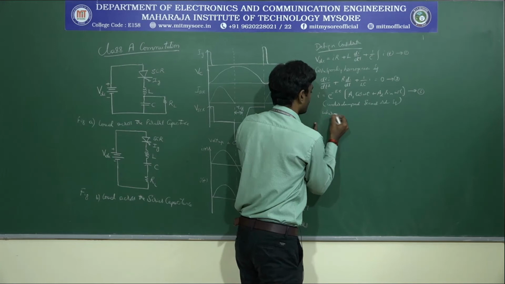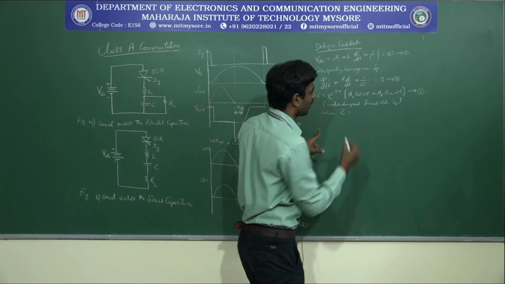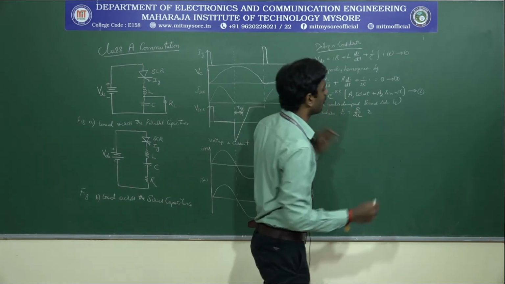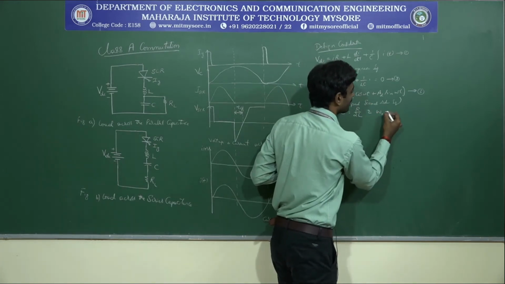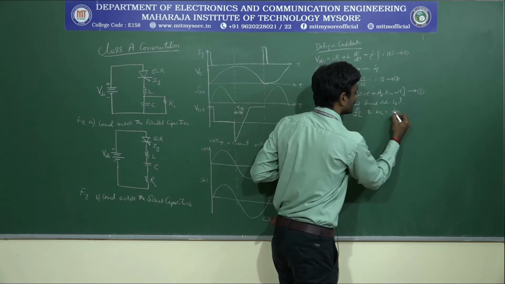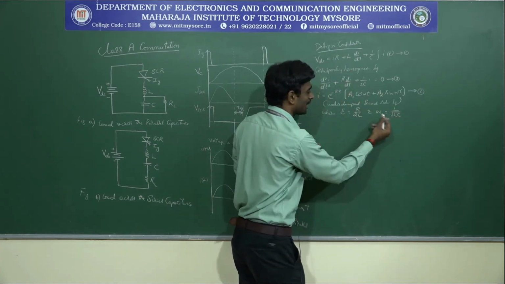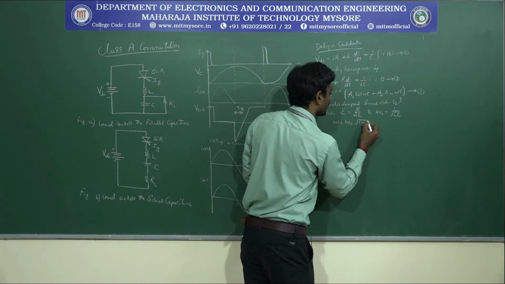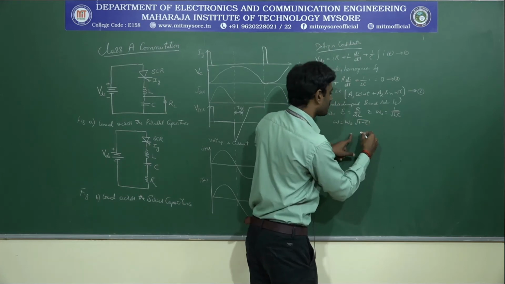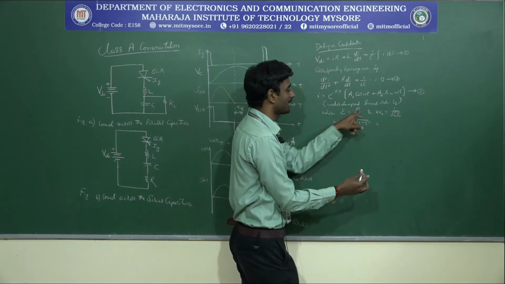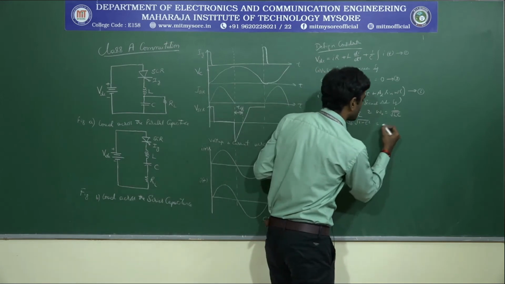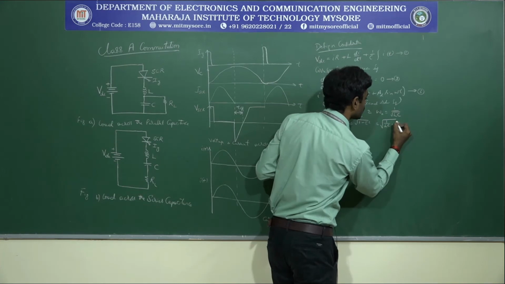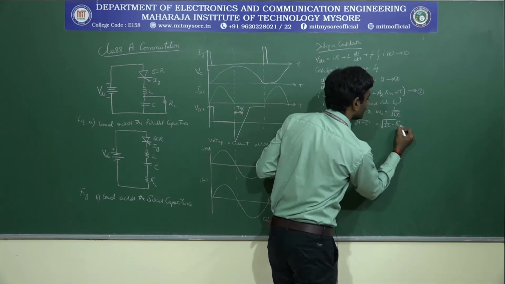With respect to this equation 3, I can write epsilon equal to R divided by 2L, and I will use omega naught, which will be 1 divided by root of LC. If you consider, omega will be equal to omega naught into root of 1 minus epsilon square. So if I solve this equation by applying epsilon as R divided by 2L, I will get this equation as root of 1 divided by LC minus R square divided by 4L square.